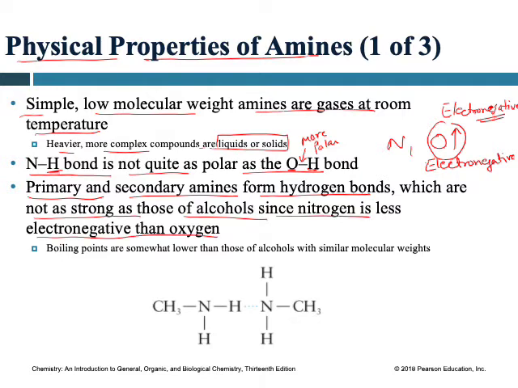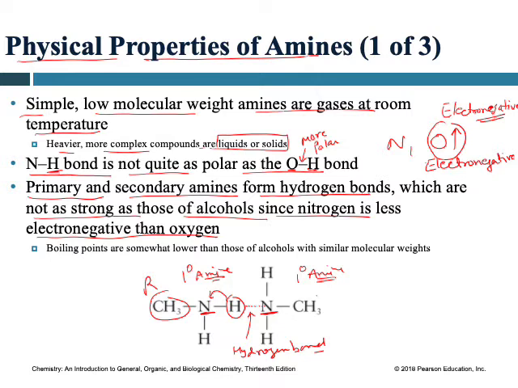Even though primary amine, what's this? This is primary amine, right? The nitrogen is attached to just one alkyl group. This is primary amine. This is also primary amine. When primary amines are attached to the same molecule or another amine, they're going to form a hydrogen bond. This is hydrogen bond. Because this hydrogen is attached to this electronegative atom, and then you have one more electronegative atom from the other amine, they form a hydrogen bond,